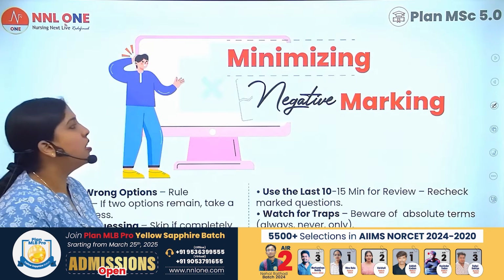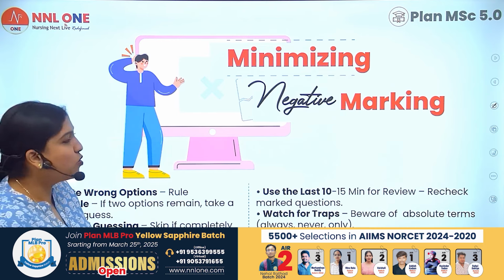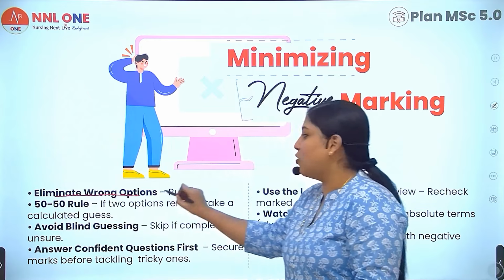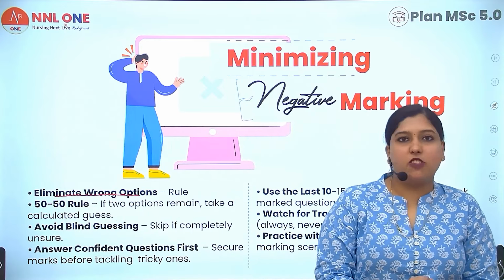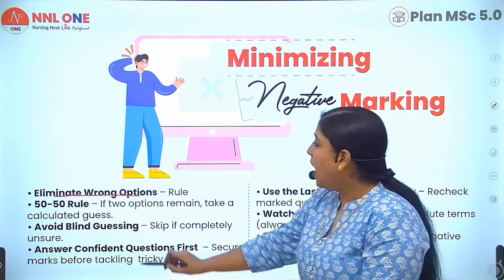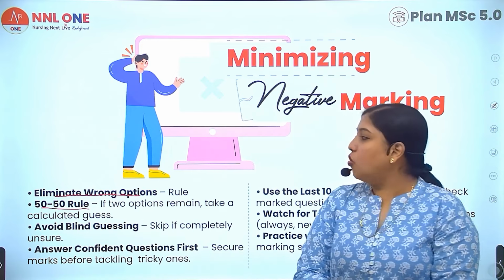Next is how to minimize negative marking, the most important and most needed thing. The first is eliminating wrong options, eliminating the distractors, through interaction with the questions. And the 50-50 rule: if two options remain,